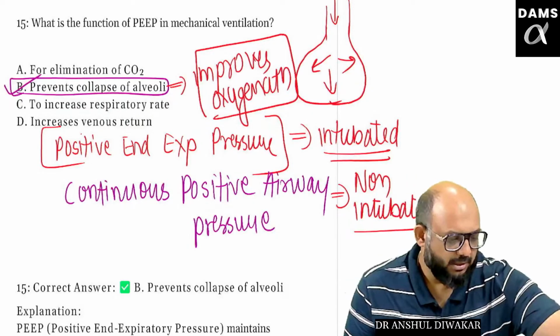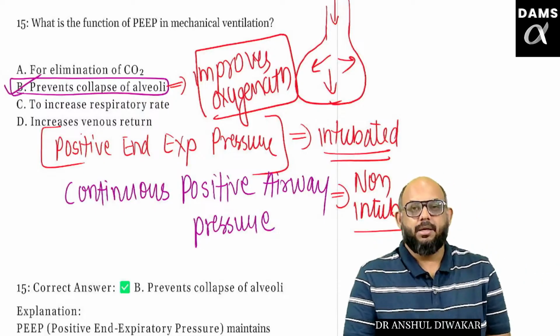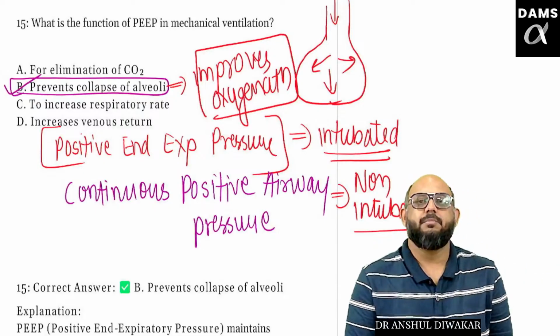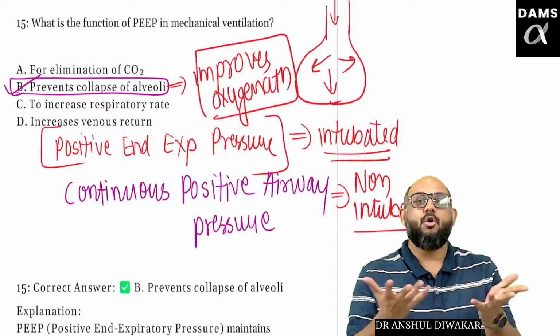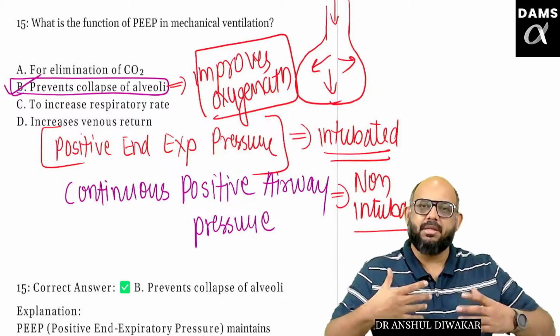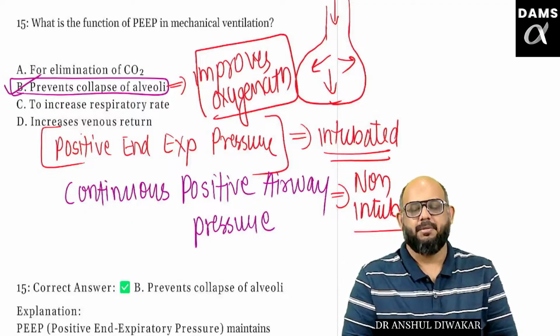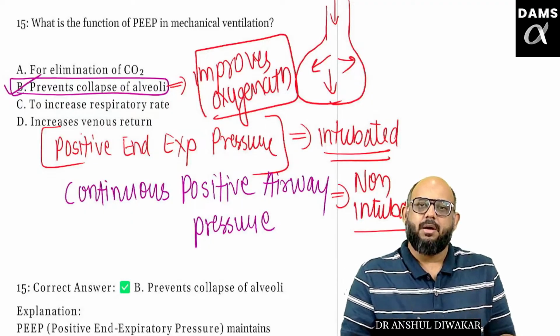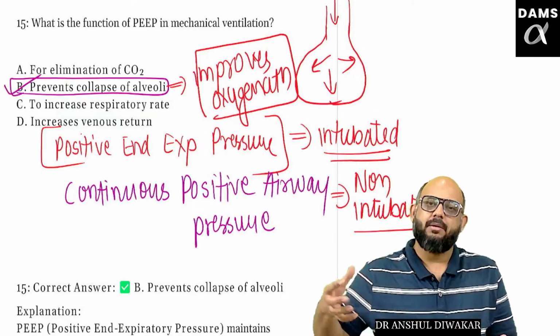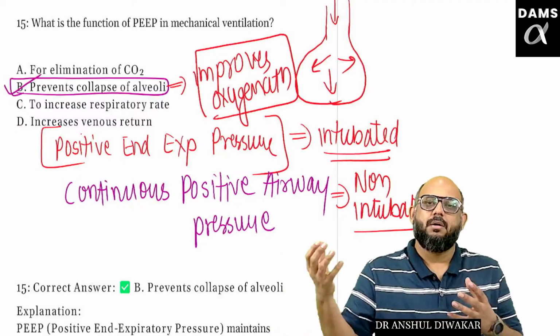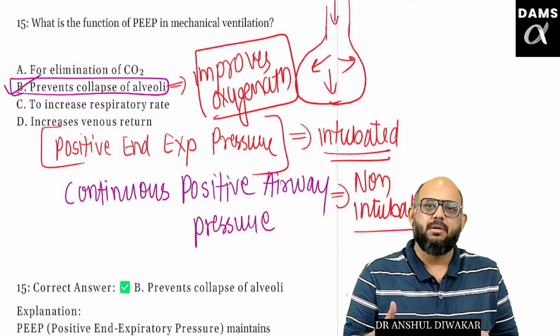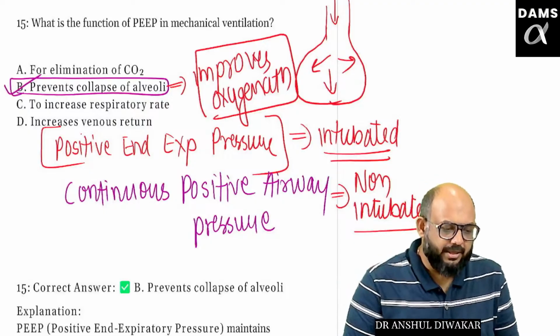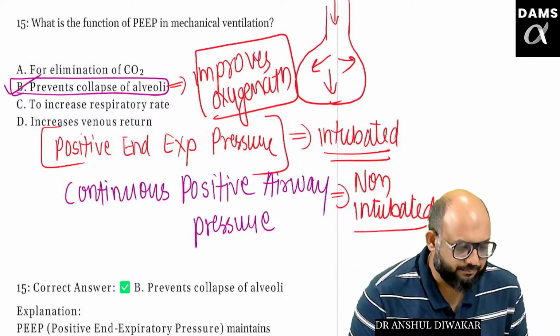O2 flush is a part of the intermediate pressure system of the machine. It is not PPV. PPV is a method of ventilating the patient. So how do you ventilate? Artificially. Ambu bag of the circuit, or bag of the machine, or the bellows of the ventilator, they give PPV.